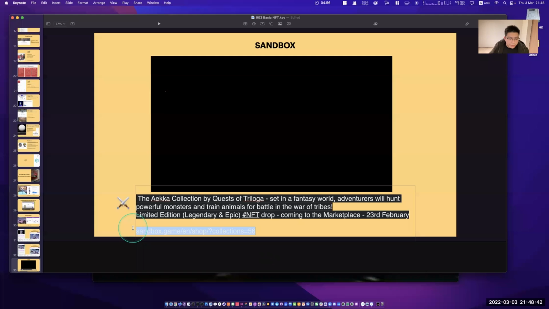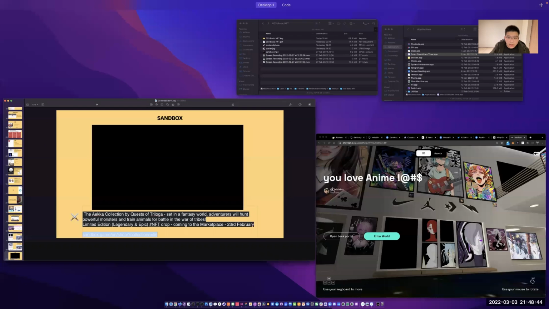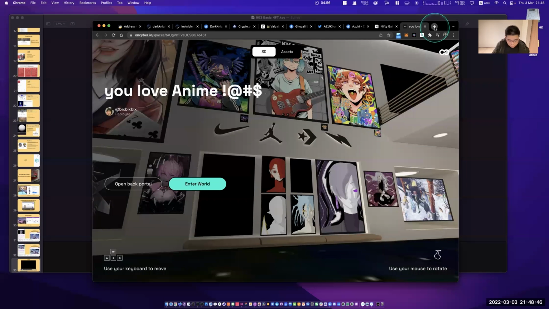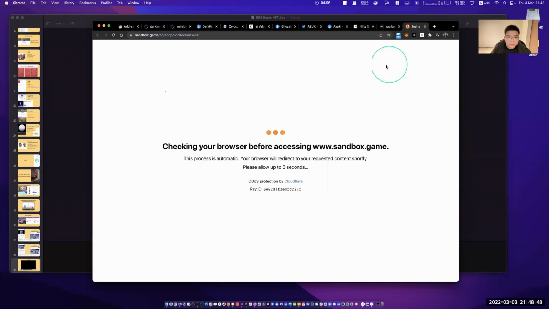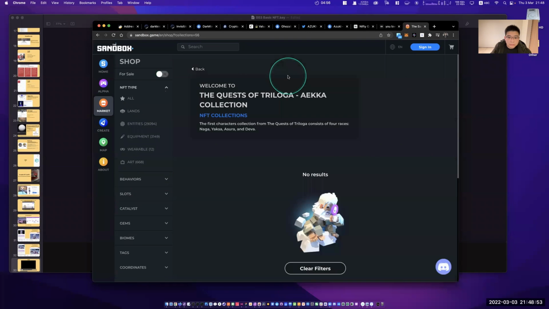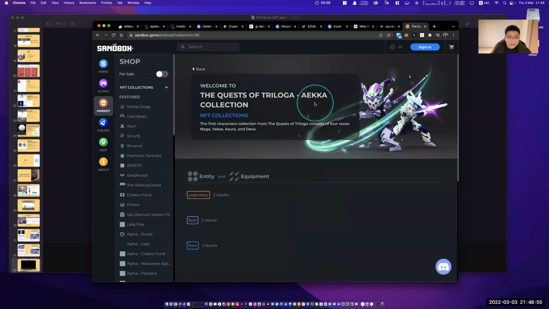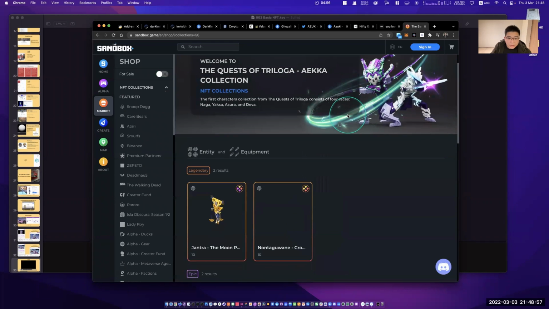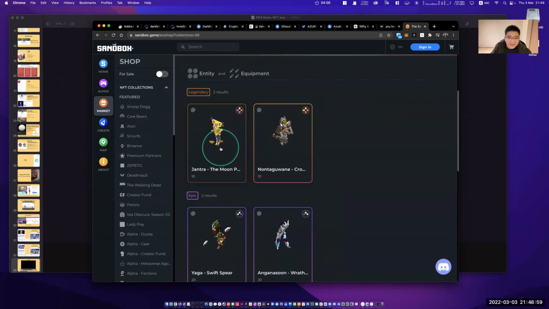Let's open the website sandbox.game. Oh, it's gone. Oh, no, not gone. Okay, it's here. We take a look at the legendaries.